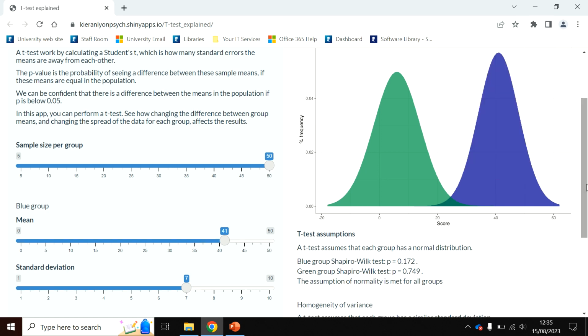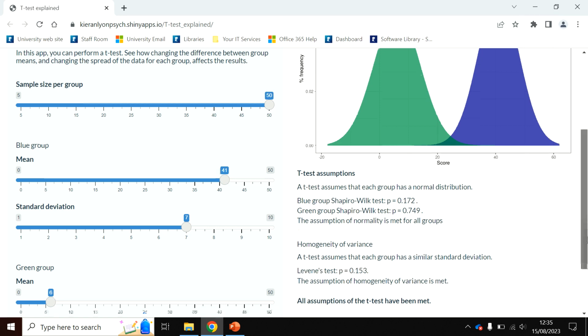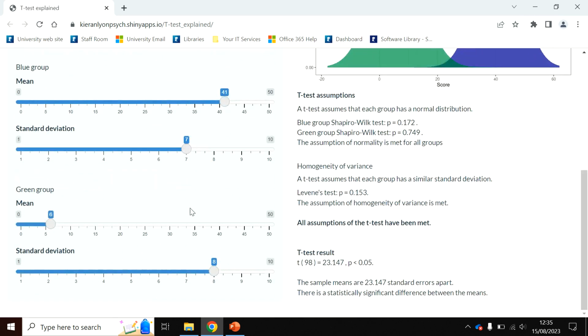Well, the other assumption you should know about is homogeneity of variance. Now, what that means is that each group needs to have a similar standard deviation. Homogeneity means similarity, variance is just standard deviation squared. So a t-test assumes that each group has a similar standard deviation, and we test that with a statistical test called Levene's test. Again, we want that to be